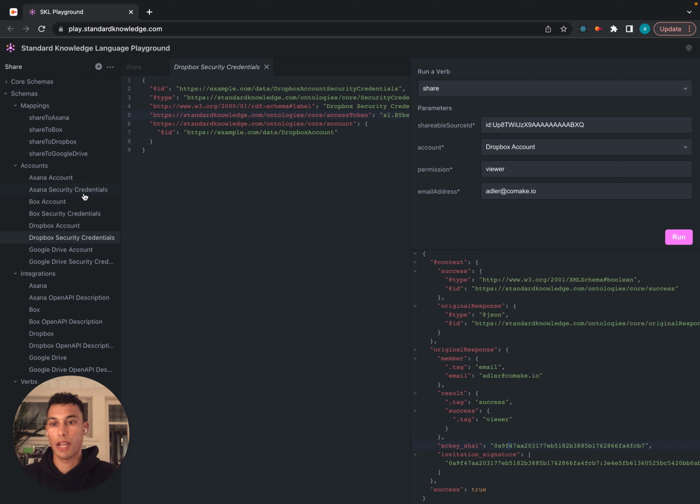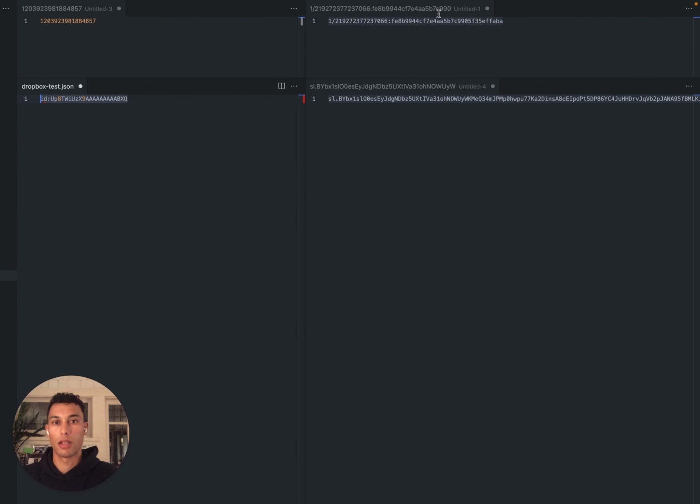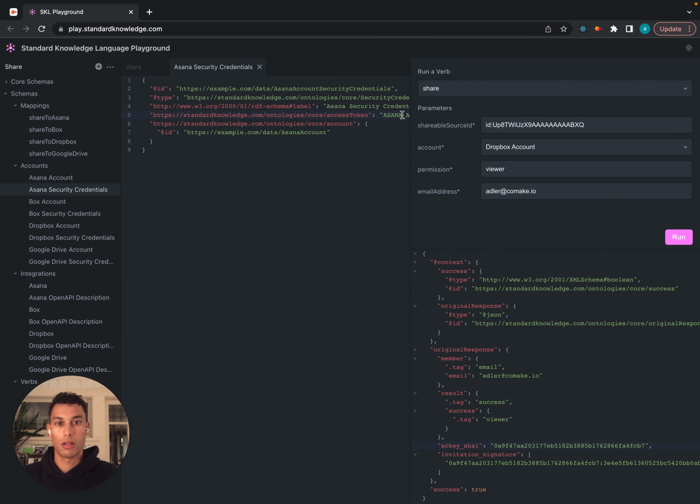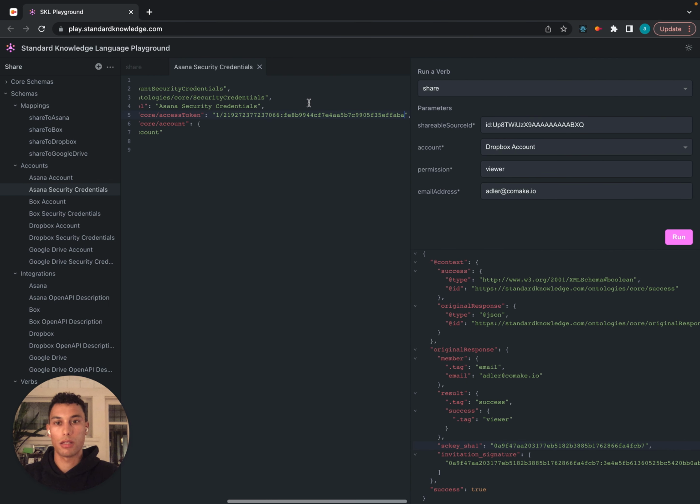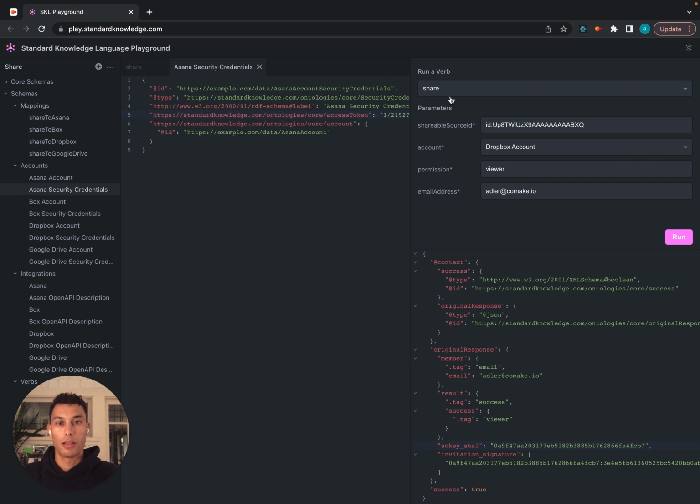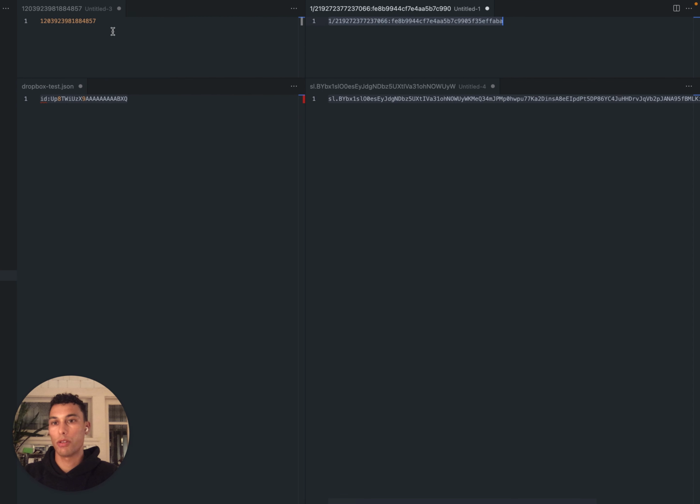Now let's say I want to share a task. I've got to go in and fill in my credentials for Asana, where my tasks reside. Again, I'm going to go and copy a credential for that. That's this one. Paste it in and save the schema. So now when I'm going to share, I need to switch to my Asana account and put in the ID of a task on Asana. Again, something I'm going to copy from my other window